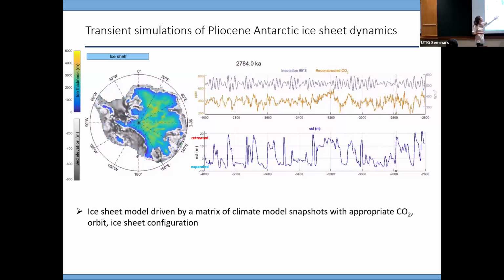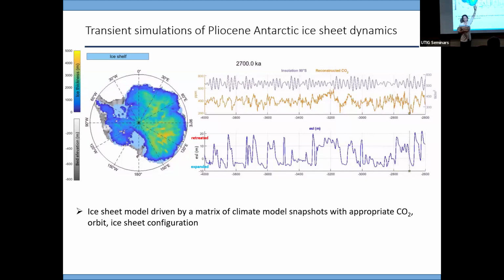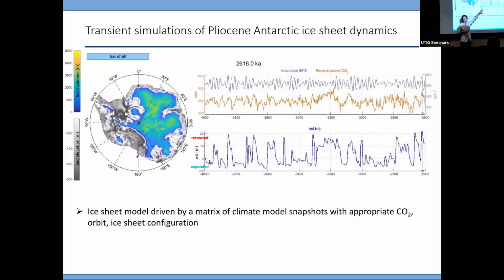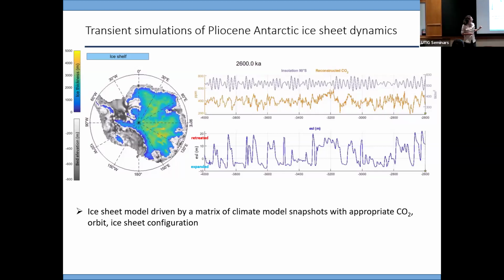And then the bottom plot is the ice sheet response to those forcings, so the ice volume fluctuations. And the way that I've plotted this is in terms of equivalent sea level. So this is how much ice is contributing to sea level. So these spikes are sea level high stands and small ice sheets during interglacials. And this ice sheet is driven by time evolving climate and ocean forcing inputs.